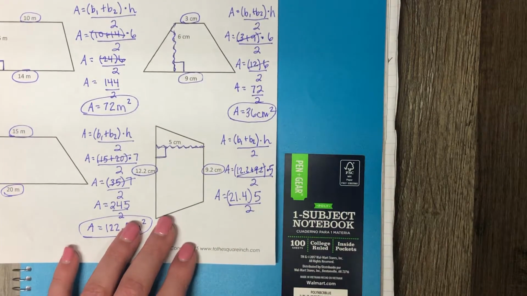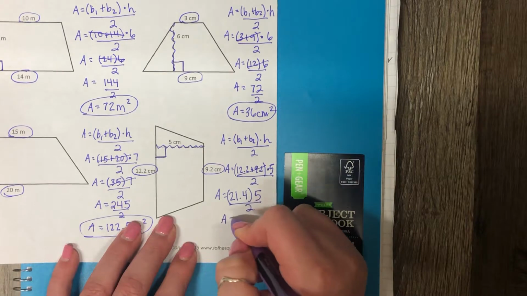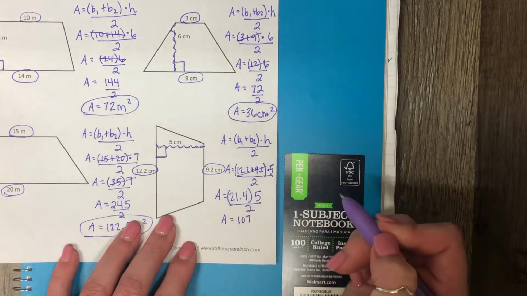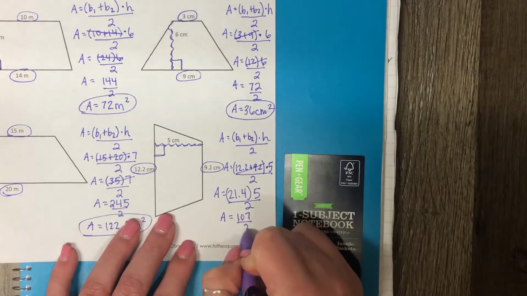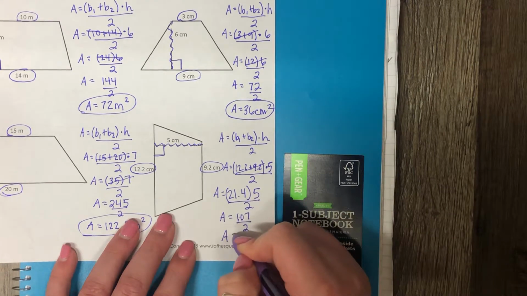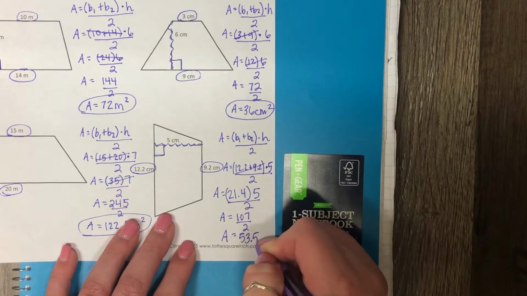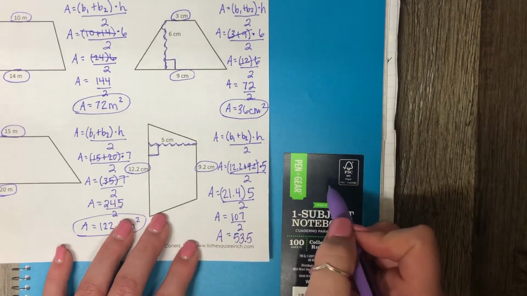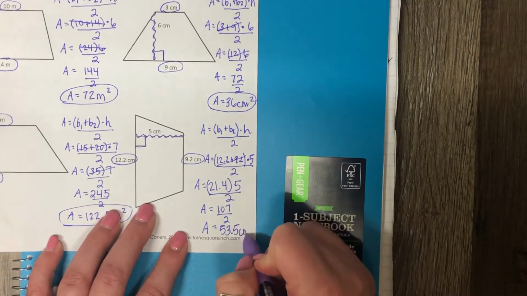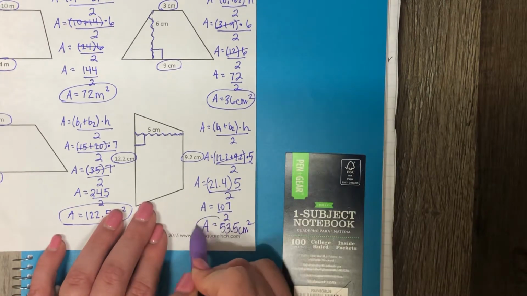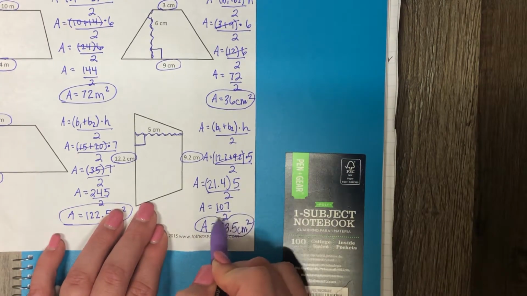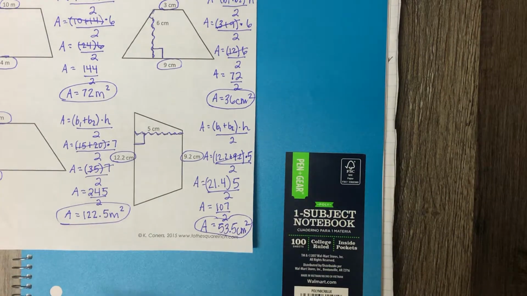21.4 times 5 gives me 107, divided by 2 gives me an area of 53.5, and then we're measuring in centimeters, so it would be centimeters squared. And it's just that simple, okay? As long as you follow the formula and stay neat and write everything in order, you should have no problems,